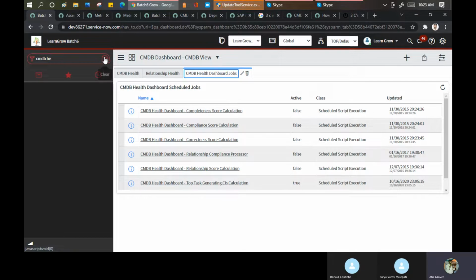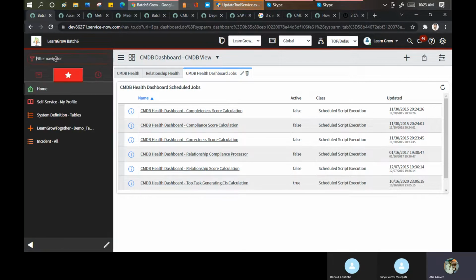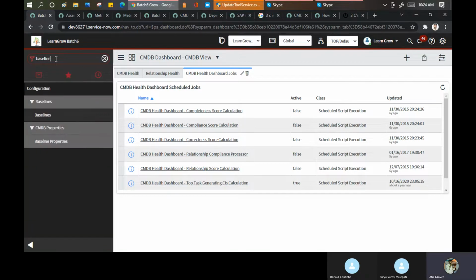One more thing I'll put here, which is required from the consulting perspective. There is a concept called CMDB baseline. This one. What does the baseline mean here, and why is the baseline required?